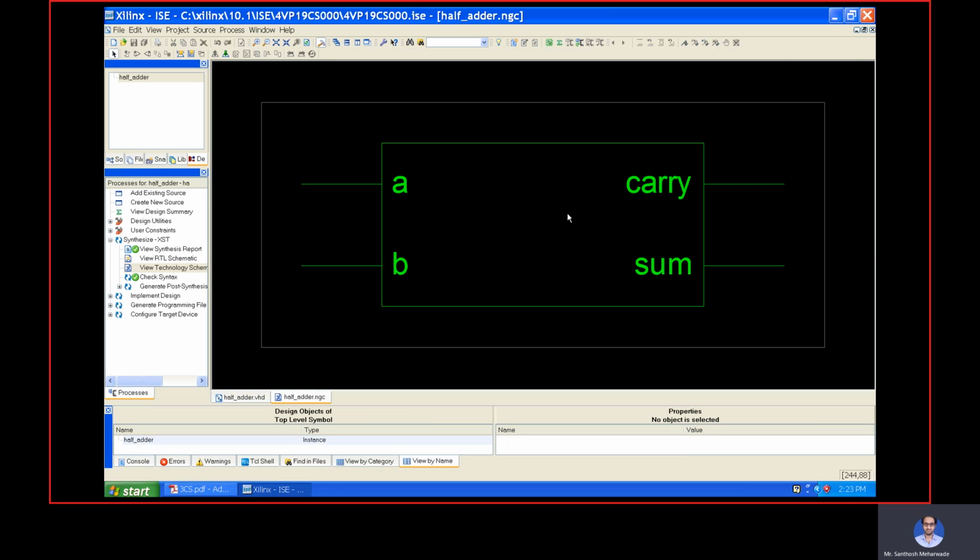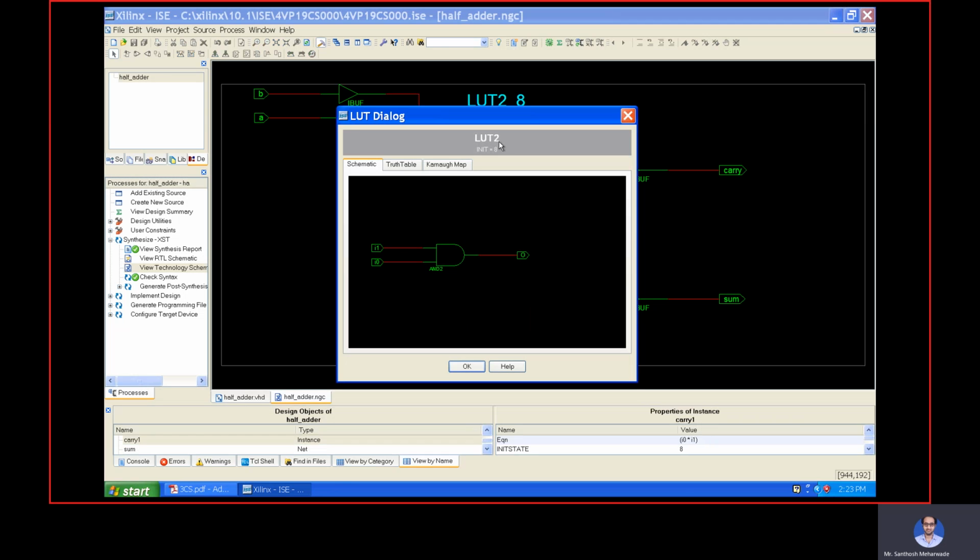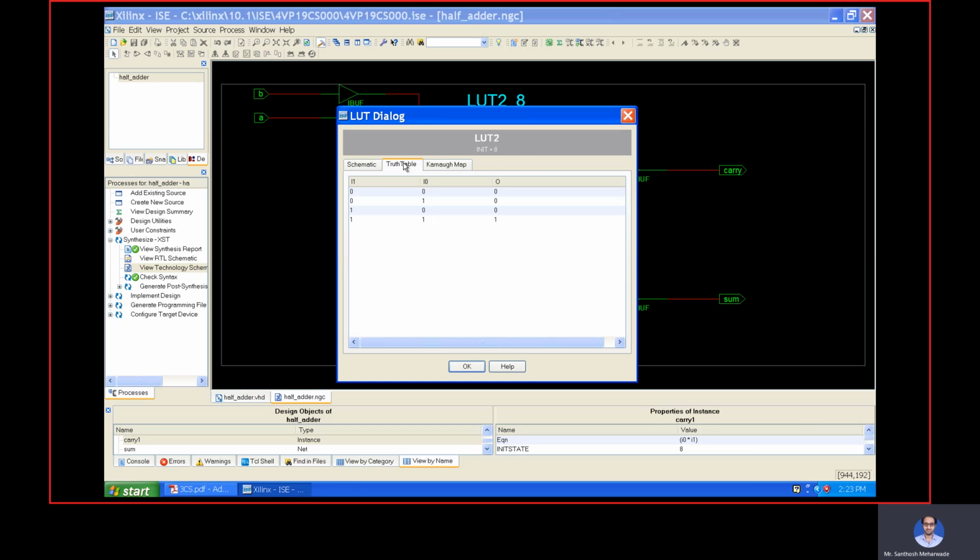Okay, here also we can see its technology, kind of input, okay, input one, technology based can be seen. If you want to go further, you can see this particular box. It contains the AND gate, which is taking the input and producing the output. If you want, you can see the truth table for it.